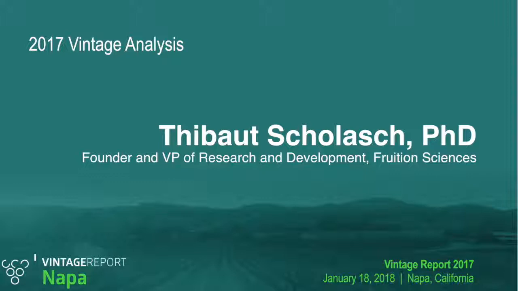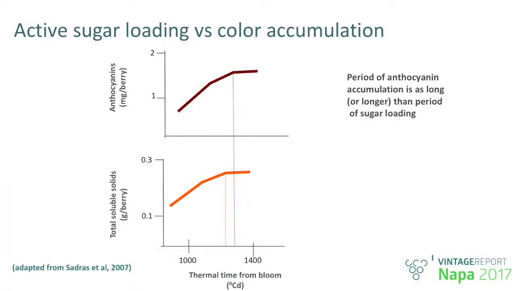So now, before introducing Federico Casassa's talk, I wanted to take one step back and look at the relationship between sugar loading, which belongs to the primary metabolites, like acids, and flavonoids. And I'm going to use color as the main representing factor for more complex changes. And just a quick reminder from the literature, this was published in 2007 by one of the leading authorities from Australia, the guy who came up with all those concepts regarding sugar loading, amongst others.